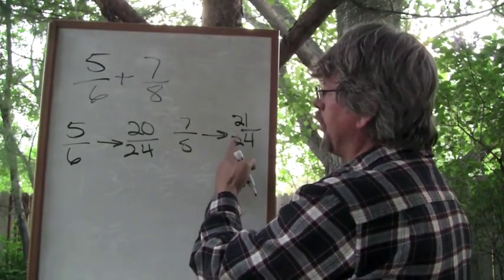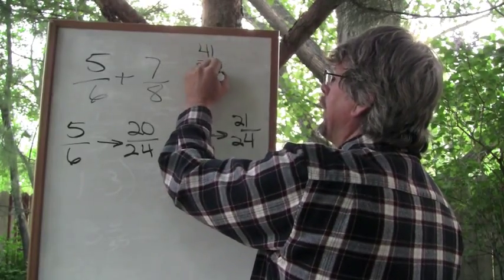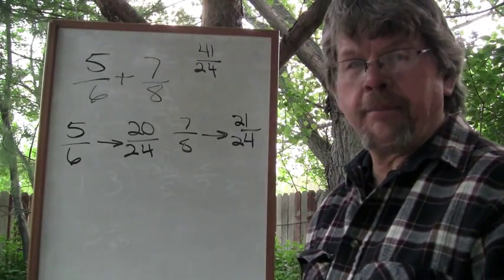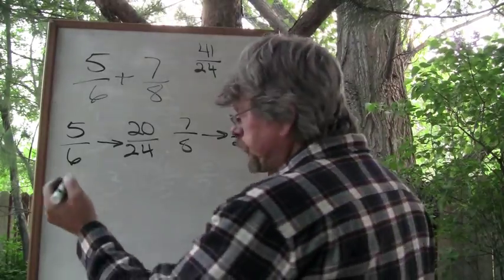And 20/24 and 21/24 is 41/24. And there is our answer, but it is an improper fraction. We can leave that. I'm going to. It's okay. What if we do